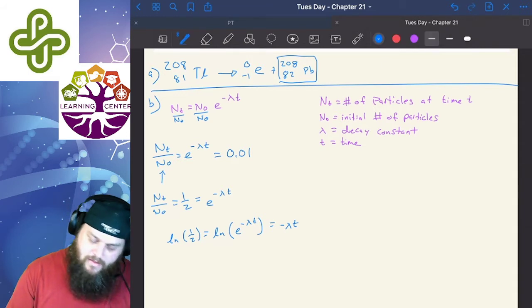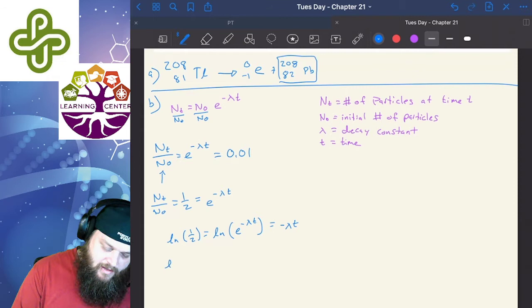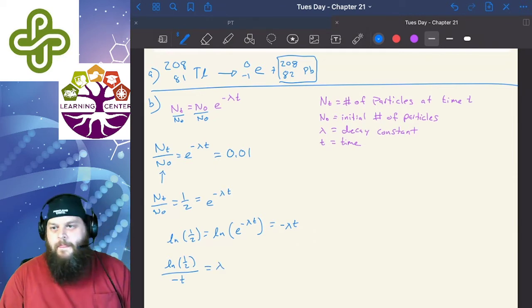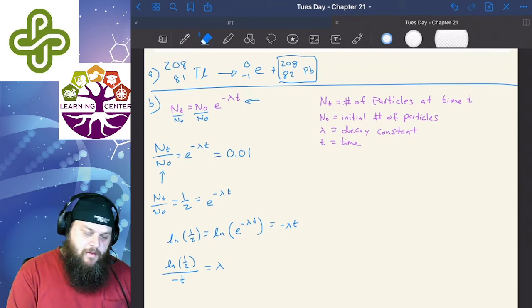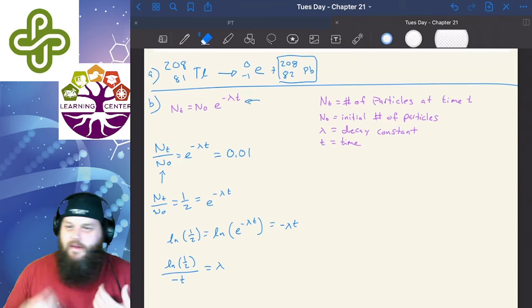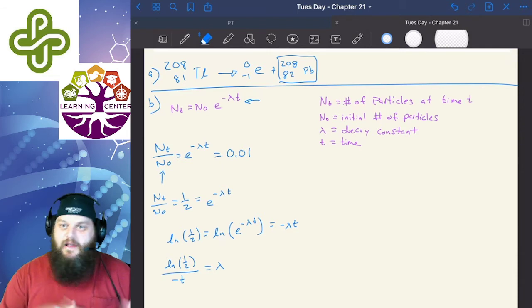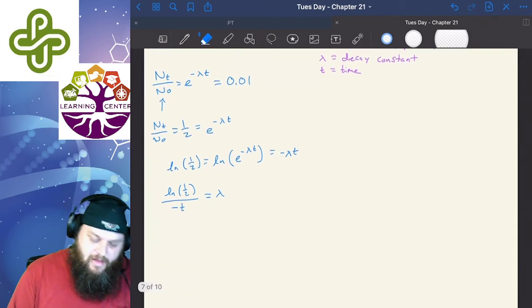So to rearrange this now and solve for lambda, I'll end up with the natural log of 1/2 divided by negative time. It's going to equal my decay constant. So it's a quick rearranging of this basic formula up here to tell me what my half-life is, or using the half-life time, I can find what that decay constant is. So now plugging in values for that,